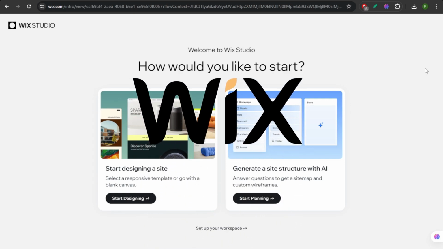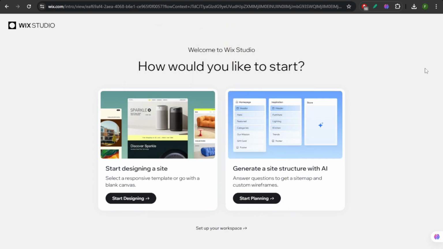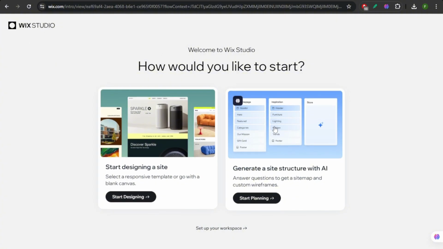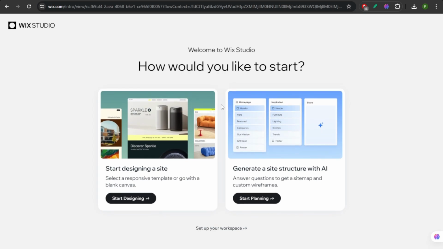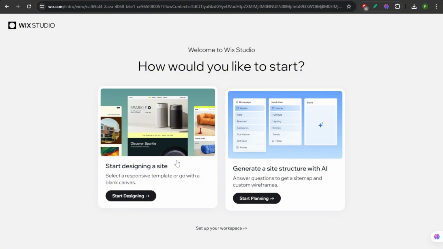Okay, so first things first, let's highlight the differences between how you're going to start with Wix Studio compared to how you're going to start with the Wix standard version. So, when creating a website with Wix Studio, basically you would have the same options at the beginning. You can start designing a site with a template or with a blank canvas, or you can also generate